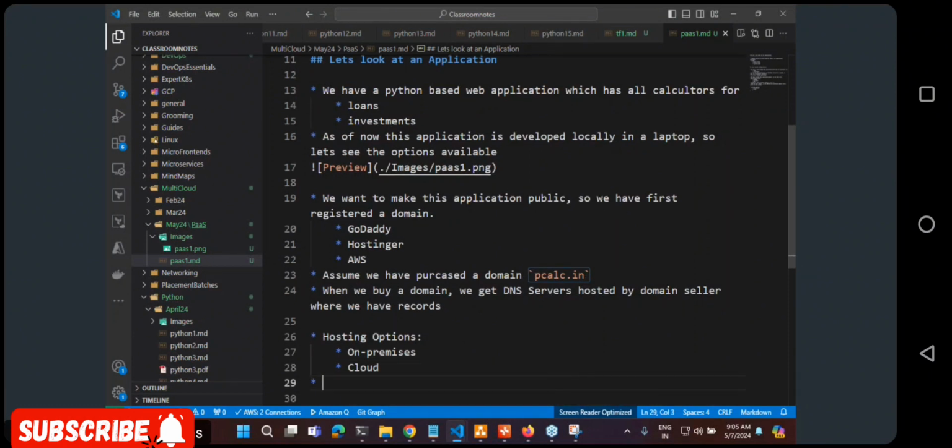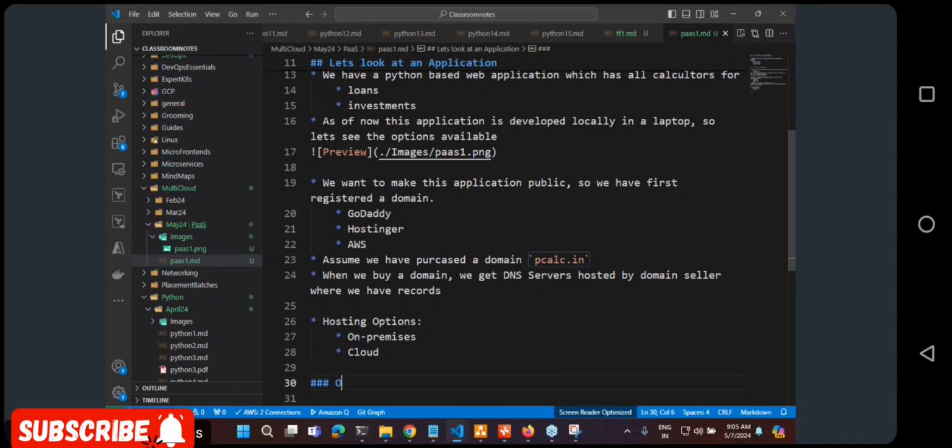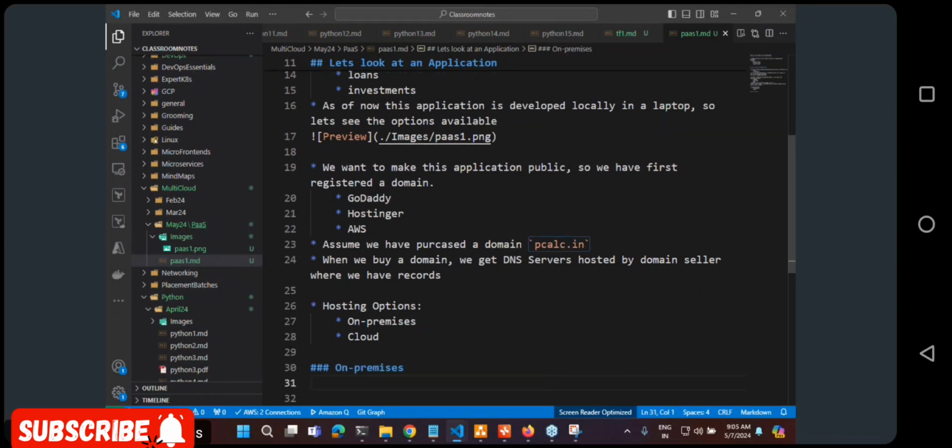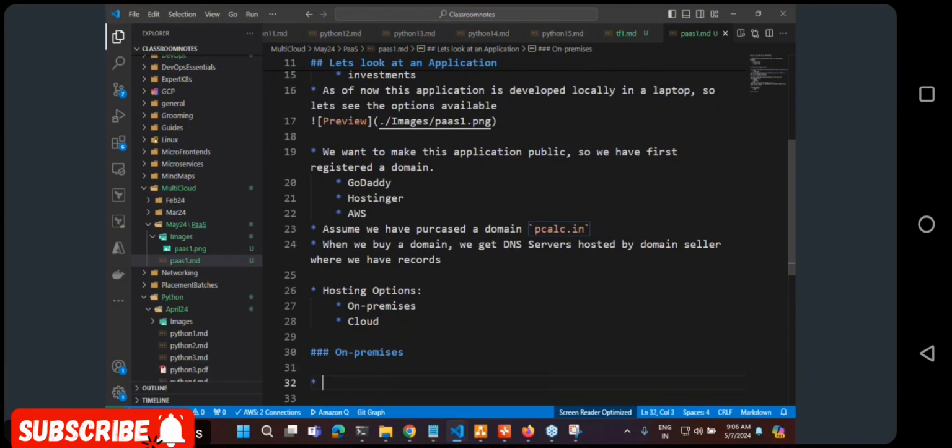Now let us go with the on premises model. Okay, so in on premises we have two major options.